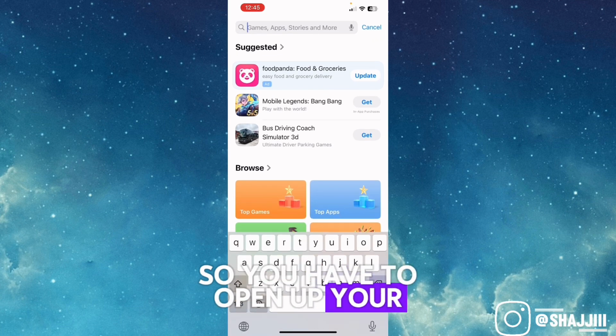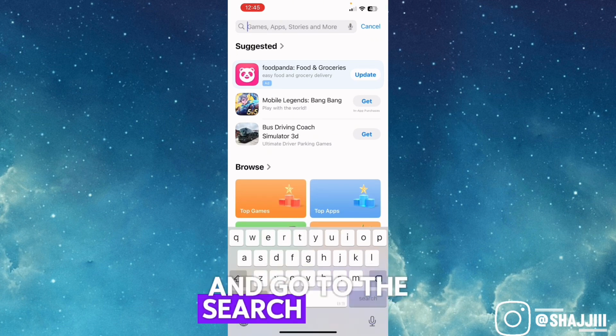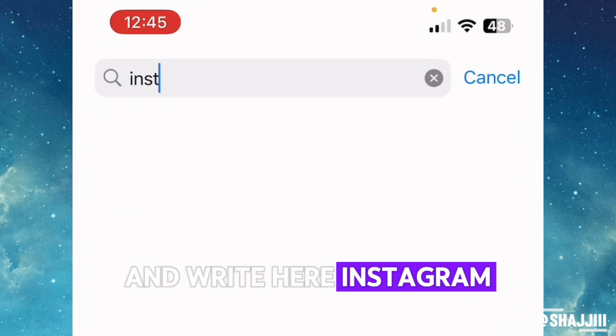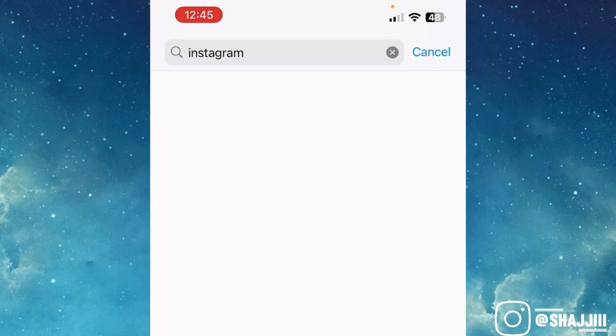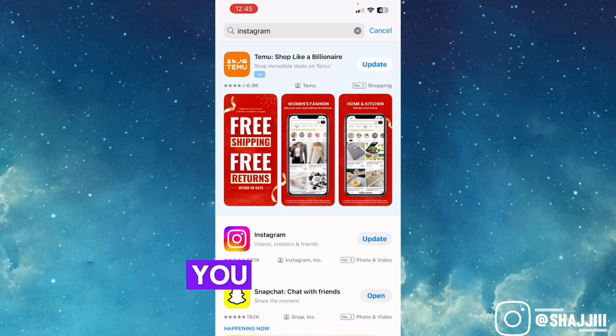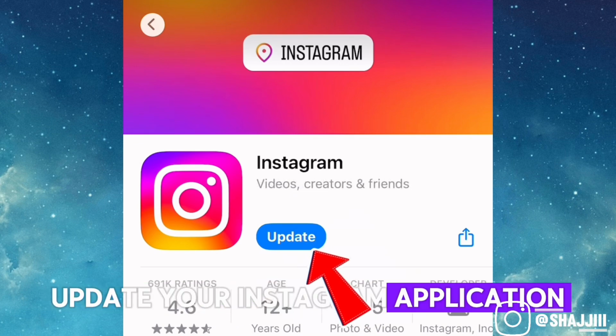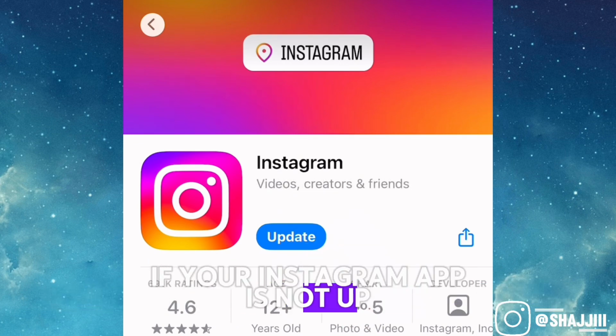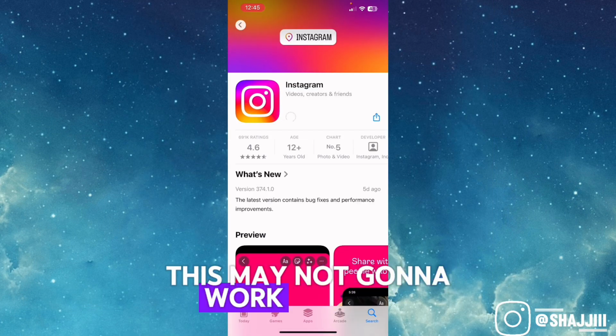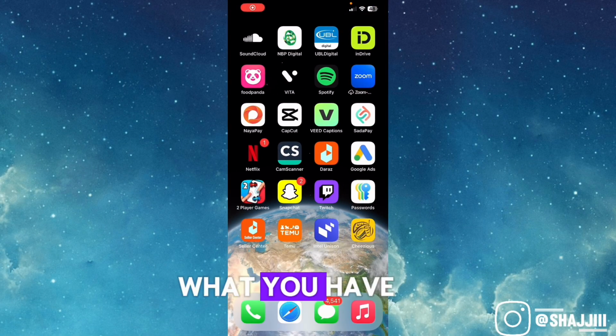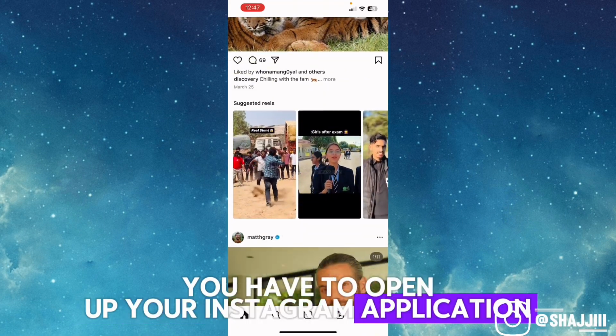So you have to open up your App Store or Play Store, go to the search button, write Instagram here, and hit the search button. When the Instagram app appears, you have to tap on it, and first of all update your Instagram application. If your Instagram app is not up to date, this may not work. After updating Instagram, you have to open up your Instagram application, and next